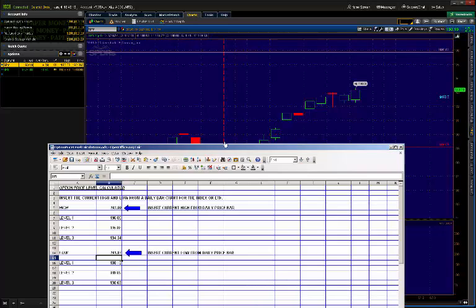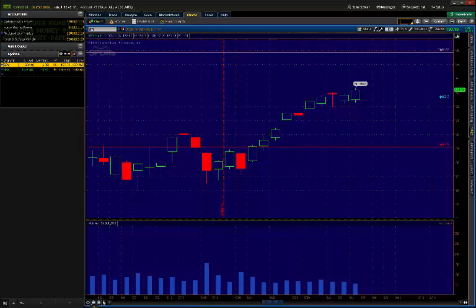So the first thing we want to do is for the weekly options, we want to identify Monday, which happens to be this candle right here. Today happens to be Wednesday, so when I put in the spread, there's not going to be a lot of premium left because it's already had 3 days of time decay in it. So what would normally be anywhere from a 15 to 30-cent spread is not going to show up that large, but I'm going to do this for instructional purposes and show you how to set this up